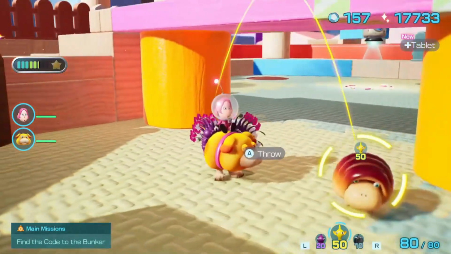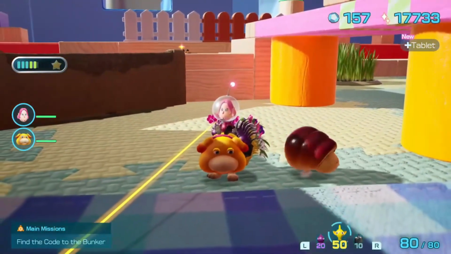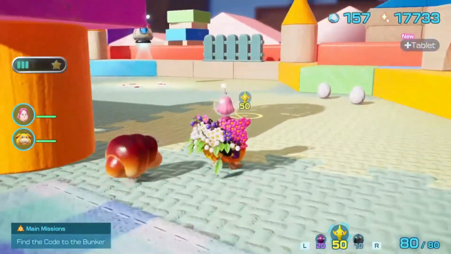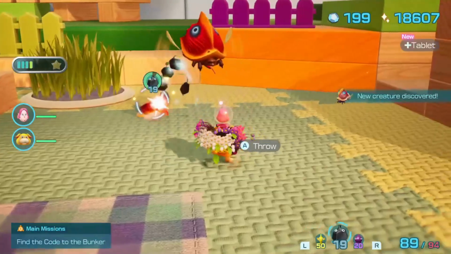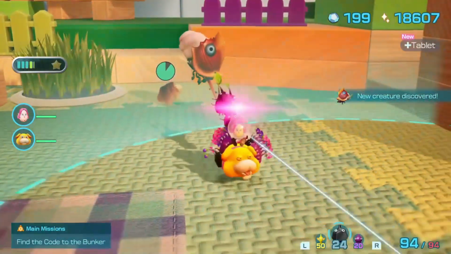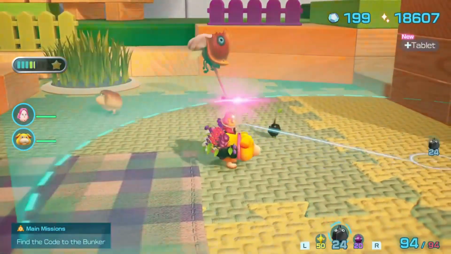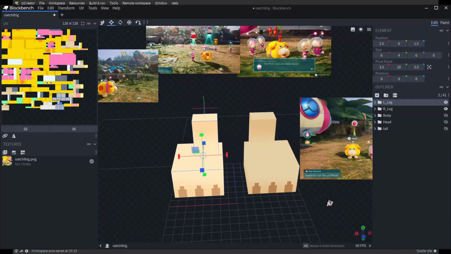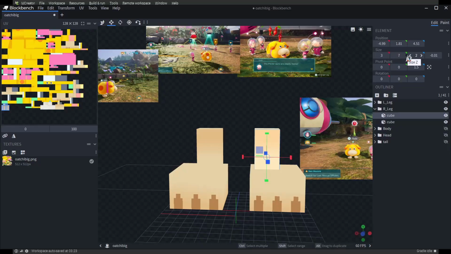I really, really, really love Pikmin 4. It was such a great addition to the Pikmin games, and I had a wonderful time playing it, and I really, really love Ochi. So I wanted to add Ochi to my own personal Minecraft mod, and that's what gave me the idea to make this tutorial video, because, to be honest, MCreator gets a lot of flak,